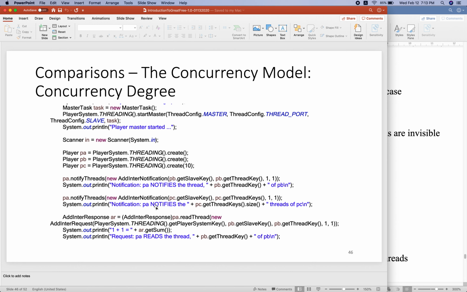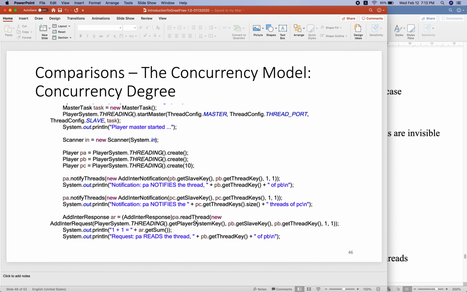Here we can see the two threads can interact with the notification, and at the same time, the two threads can also interact with the request response. This is because we have seen in the previous slides, the message can be roughly classified as notification and request response. So you can see here thread player A, PA can read.